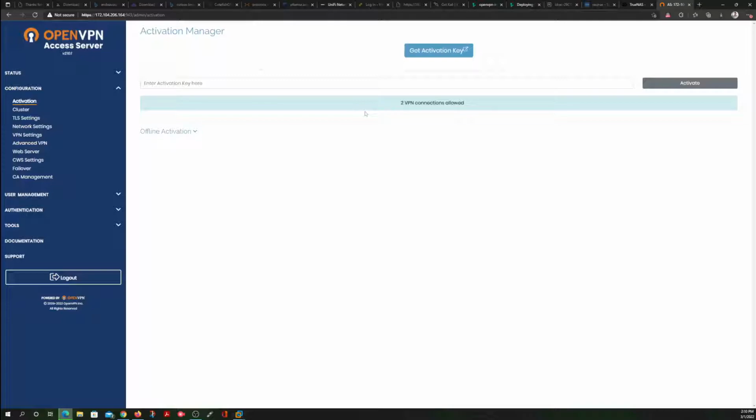As you can see, after you create this VPN, you can only use it for 2 devices at a time. You cannot use it for more than 2 devices at a time. If you want the possibility to connect it to as many devices as possible, you have to pay for it. So this is a free version that we're using, and the free version allows you to connect up to 2 devices at a time. So if you have a desire to connect more and you're willing to pay the monthly fee, please go ahead. So TLS settings, as I was saying,